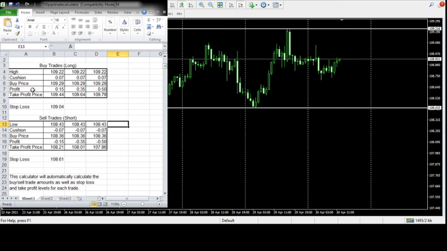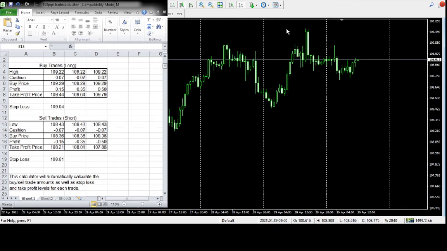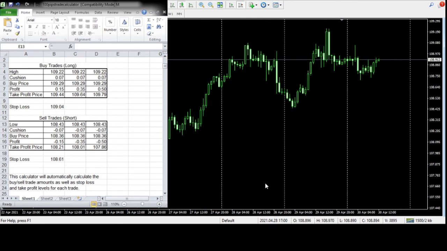Because this is the entry. The entry price is 109.29, which is above this, and see the market is still even here. So that is about this. And if you want to check here,